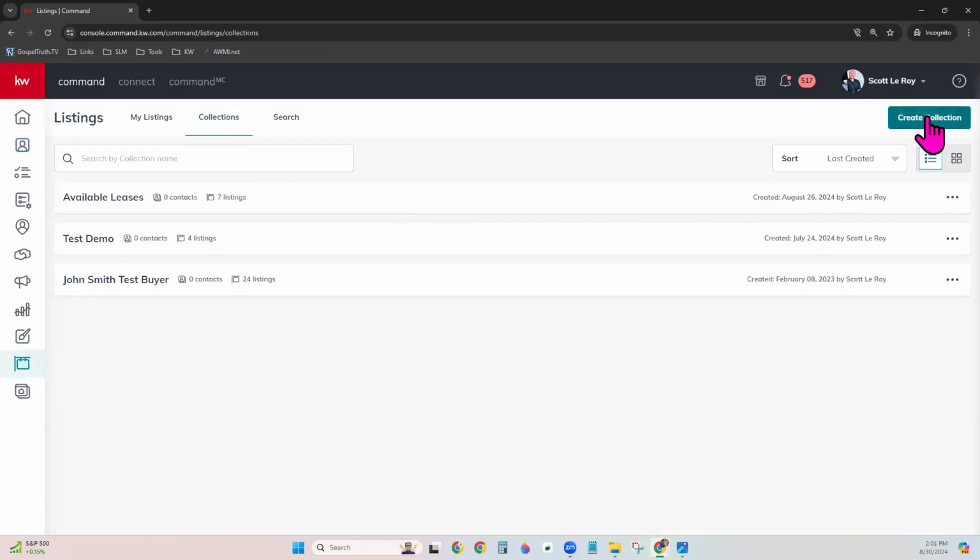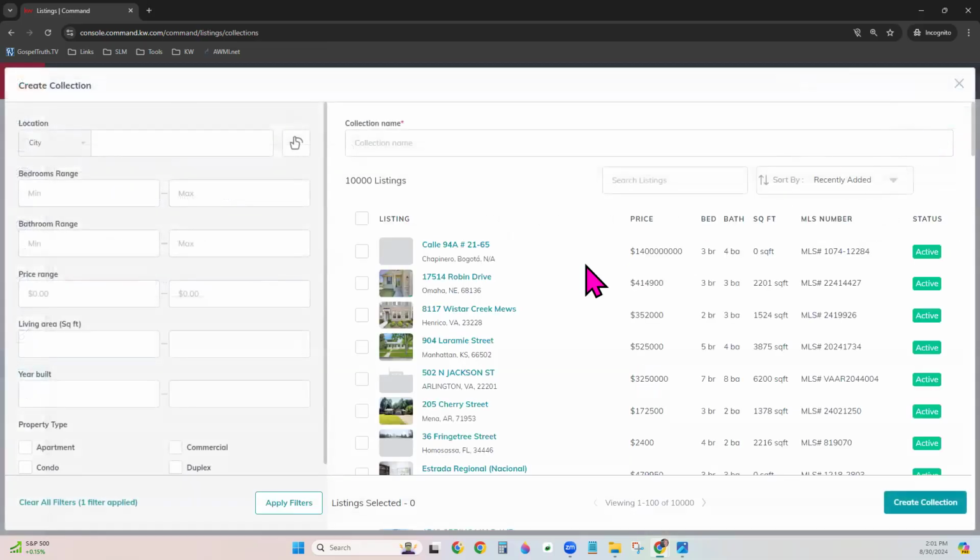Click create collection. And on the left-hand side, you can choose any area you want. You can choose multiple locations. Maybe you want to send them properties that cover multiple states, but are a certain type of house. You can come in here and set wherever you want to find information. So we'll just enter something here, some criteria on the left,